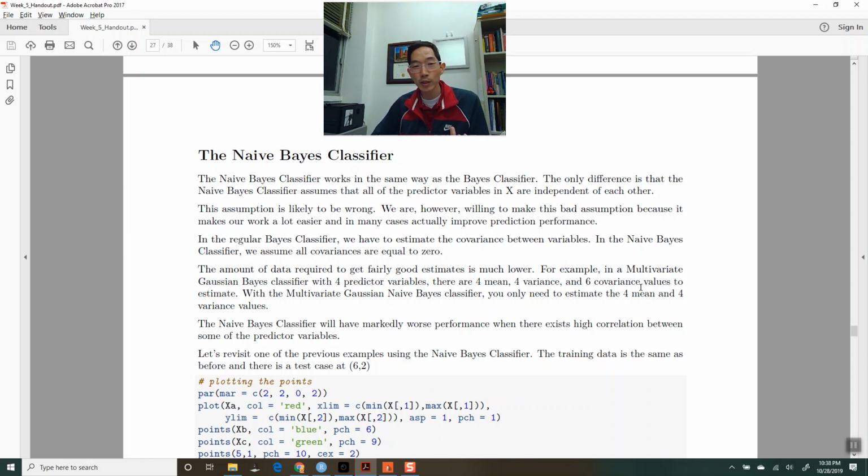The naive Bayes classifier is going to do poorly if two variables are highly correlated and you use it and say they're not correlated at all. The naive Bayes classifier does well if there's only a little bit of correlation between some of the x variables. So if you have a housing data set, you probably know that the number of bedrooms and the square footage of the house are going to be highly related. And if you include both of those and you use a naive Bayes classifier,